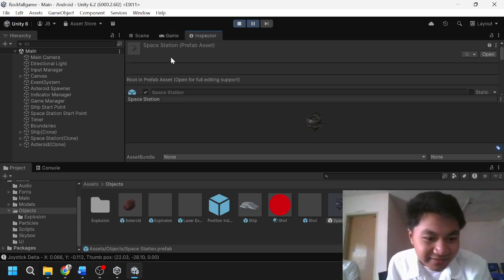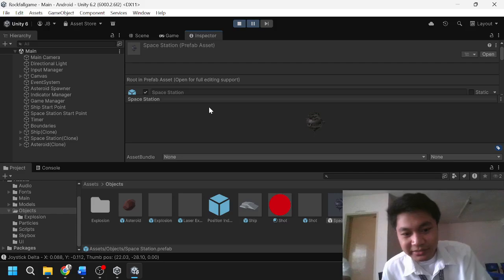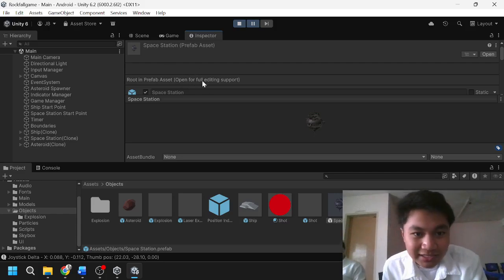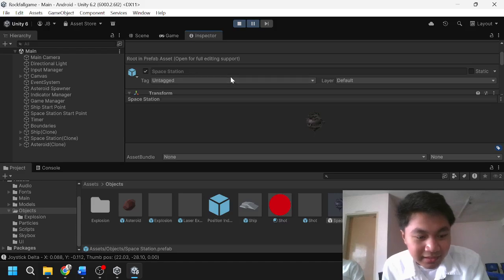We reset the model's position so it aligned properly. We checked the station model and confirmed that it already contained mesh colliders, which were automatically generated when importing the asset.